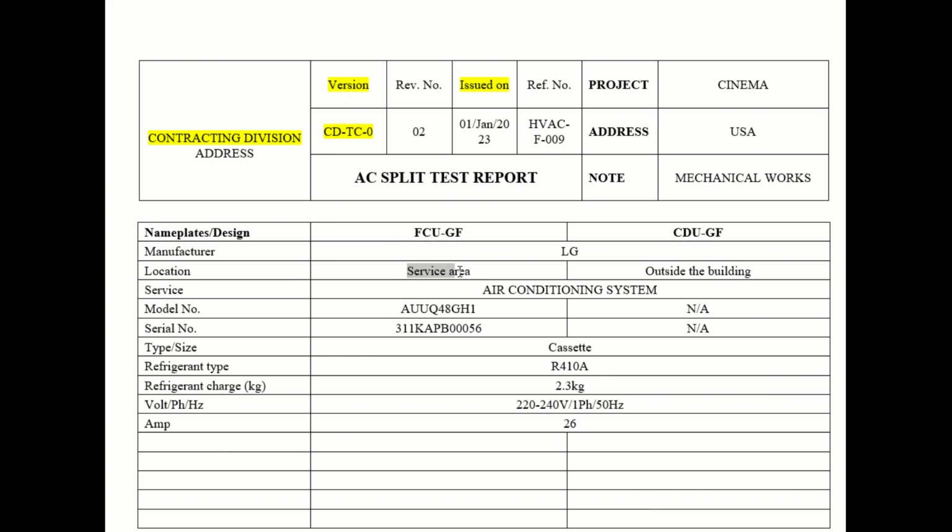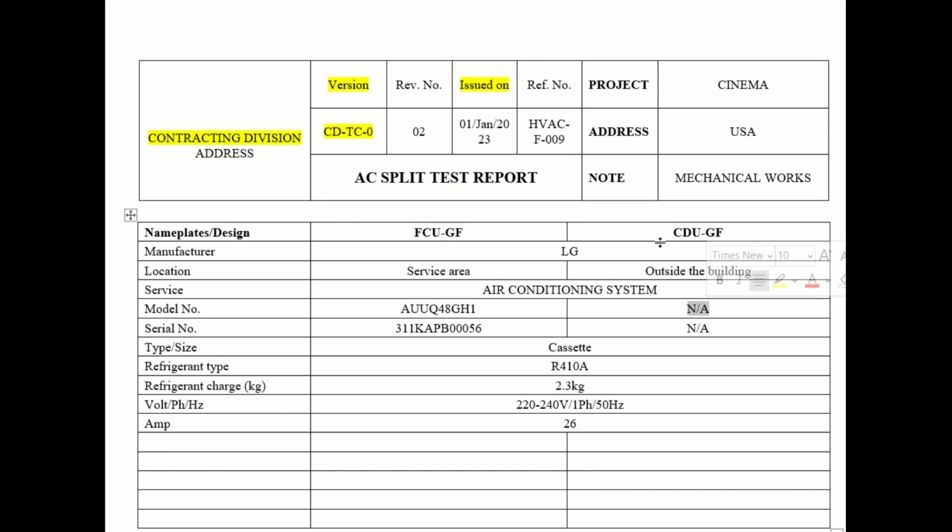And the location means the service location where the FCU and the outdoor unit are, and for the service we can keep air conditioning system. And this is the model for the FCU, serial number,